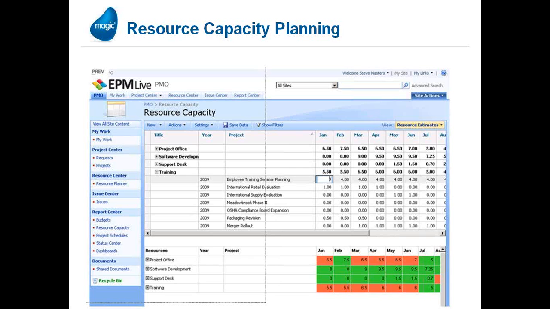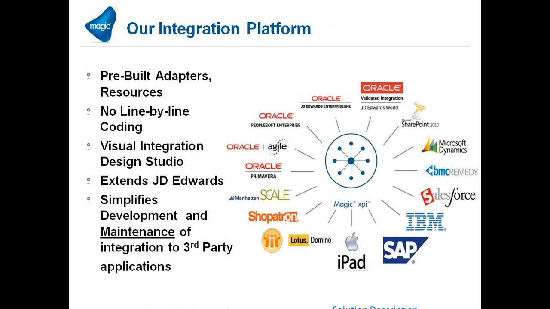You can do things like having resource capacity planning so that as you're managing projects within the organization in the project management offices, you may have a SharePoint application that's able to do very sophisticated management of your people, reporting of time and project management, and that resource capacity planning information is something that can then have an impact and interrelationship with JD Edwards in terms of project delivery information, billing, and so forth.